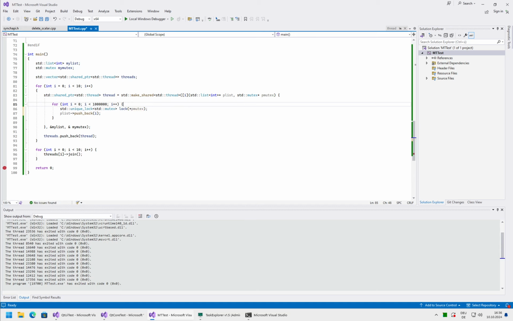Okay, so this object, this lock, will be created on the stack once, at this moment, and once it's created, it will execute mutex lock, and when it goes out of scope, it will do mutex unlock